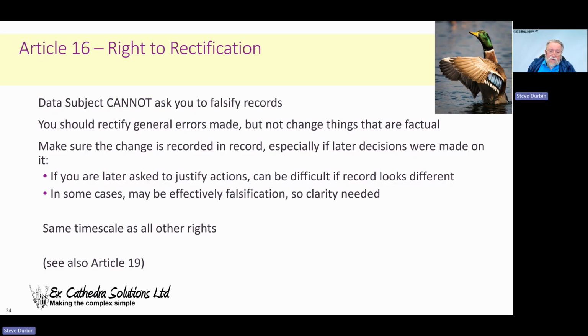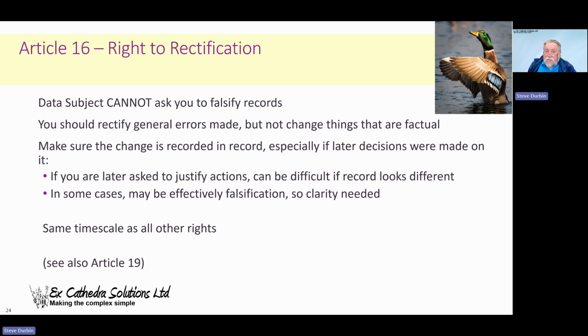This is very, very common in GP land. We quite often get people saying, oh yeah, I know I had mental health issues 10 years ago, but I want to join the army now, and I therefore want it removed from my record. Can't do it, sorry. Much as I sympathise with you, and I respect the fact that you want to serve your country, we cannot give the army false information because we'd be legally liable. So we can't remove things like that.